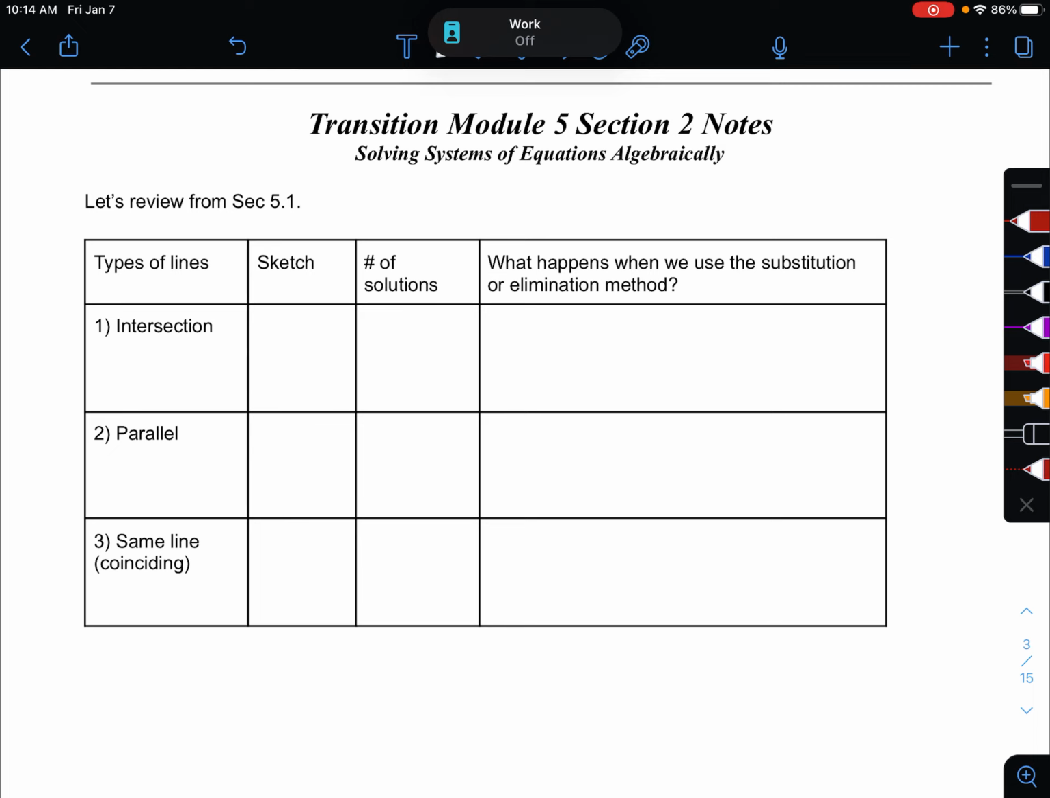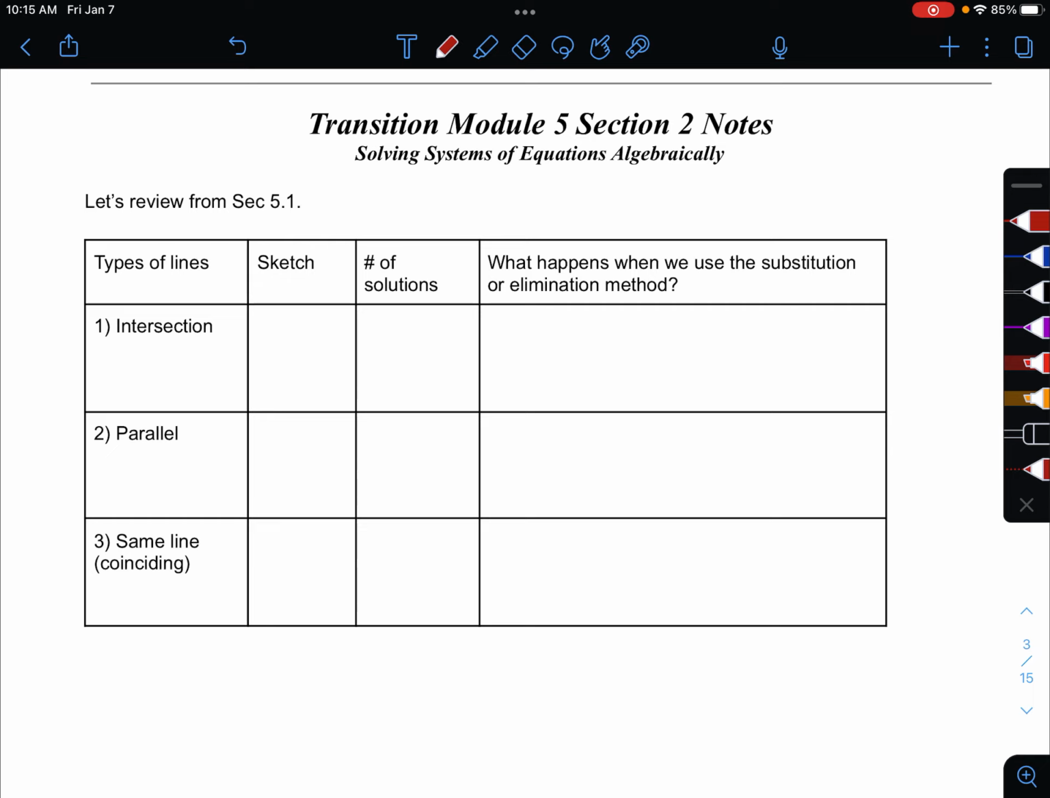All right, so you should have your notes out for section 2 in module 5. I'm just going to give you the first part of it, all about the substitution method. So make sure you're filling it in as you go. So this first section is, hey, let's review a little bit about what we learned about systems and how to